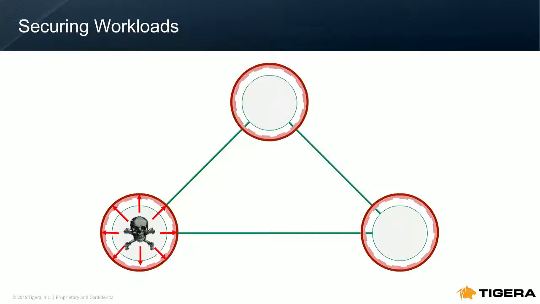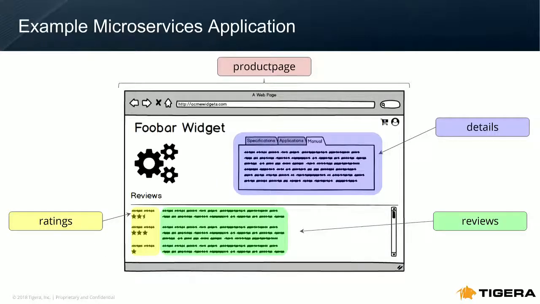So that's a little bit about how you do this. You're blocking that aggressor from getting out, and the pure attempt of it trying to get out should set off all kinds of alarms in your infrastructure. So let's think about a basic application. I've got a microservices application here.